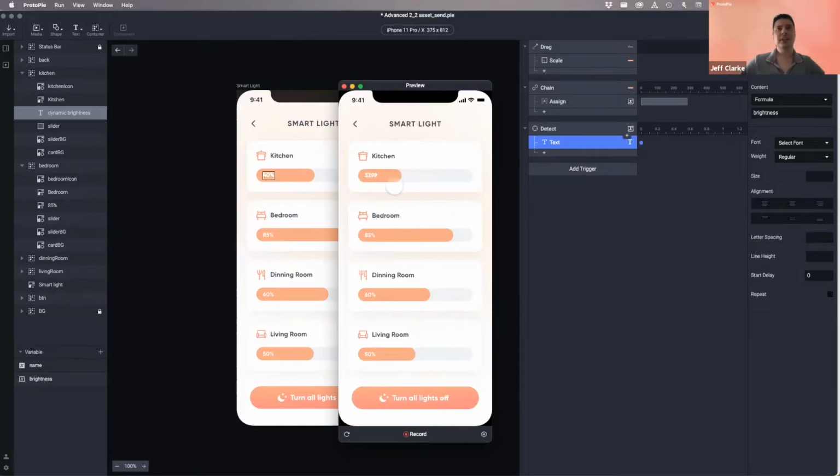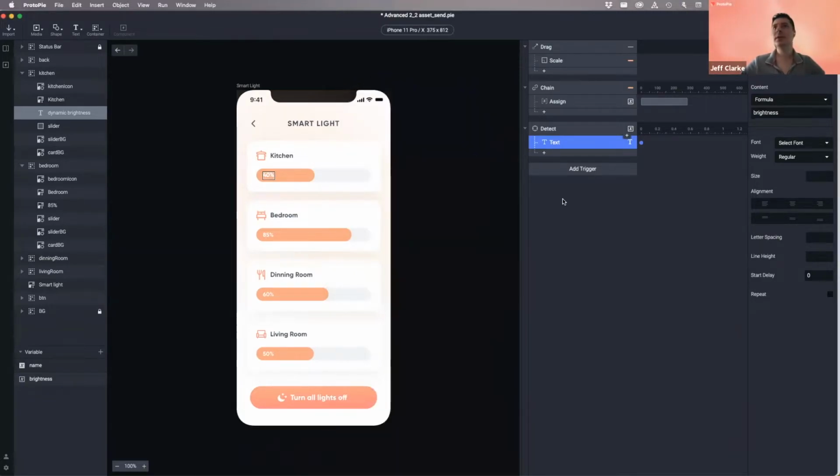There are a couple of problems we need to deal with. Number one, it doesn't have the percent tacked onto the end of it. And it also has a decimal on here, and we want to get rid of the decimal. We just want the whole number portion of it. We don't need that precise for our lighting. Let's get rid of the decimal first. In our formula,